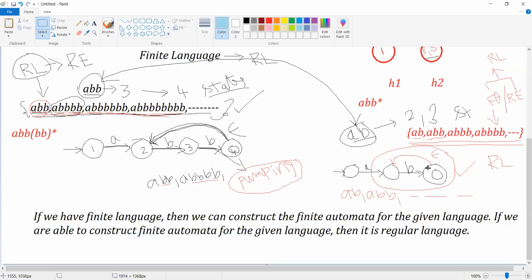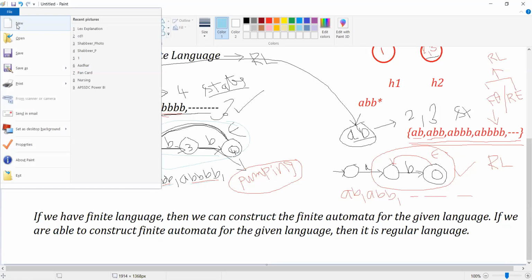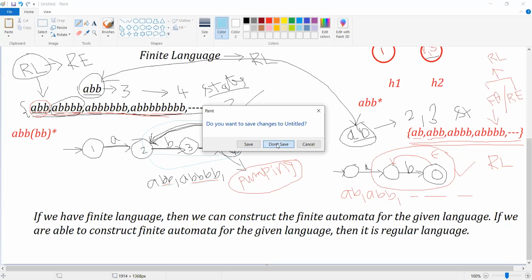So now we have a pumping part over here, which is nothing but the pattern that generates the strings. This pumping part is going to generate BB one time, BB two times, three times, four times, five times, any number of times. That is the reason why we call it a pumping part. So this is a brief introduction related to the pumping lemma. Now let us enter into the details of the pumping lemma.